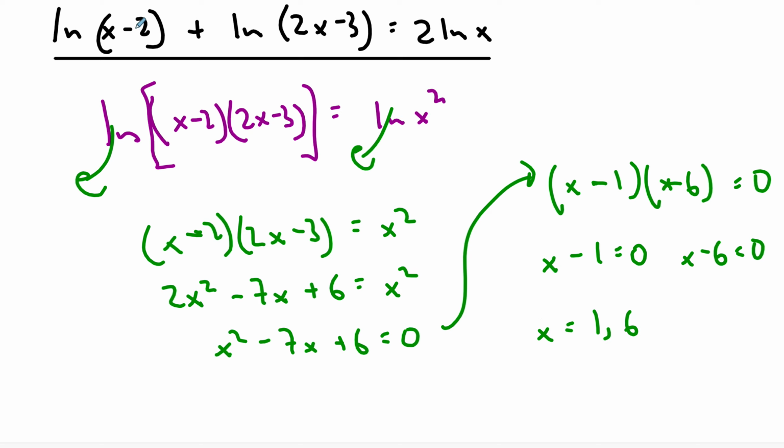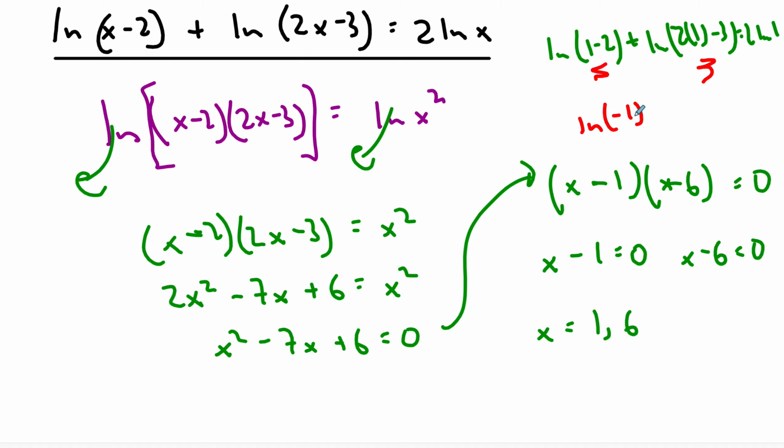I'm going to plug the 1 back in. So when I plug the 1 back in, I get natural log of 1 minus 2, that's okay. 2 times 1 minus 3, that's negative 1. I can't take the natural log, so when I plug 1 back in, I get natural log of 1 minus 2 plus natural log of 2 times 1 minus 3 equals 2 times the natural log of 1. Here's the problem. This and this simplify to the natural log of negative 1,